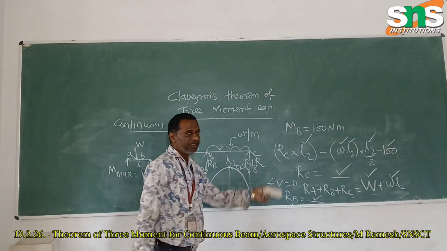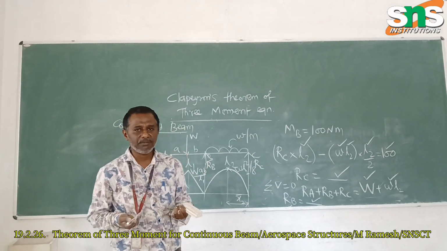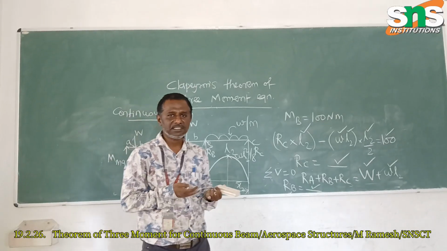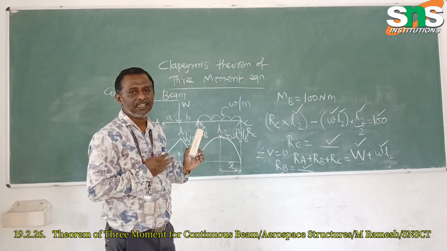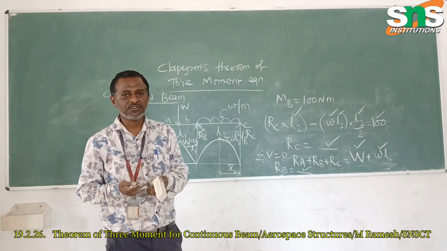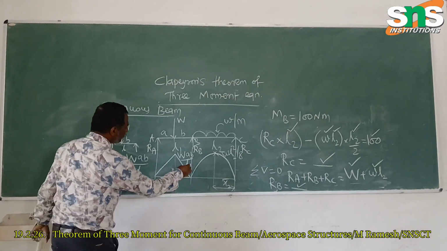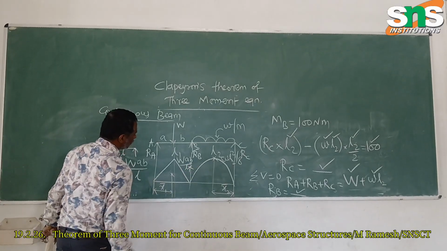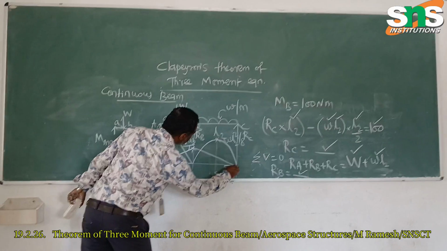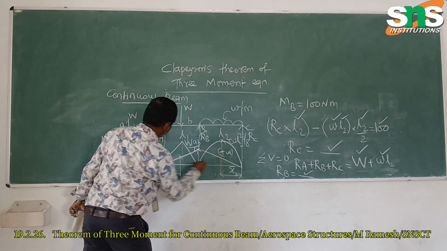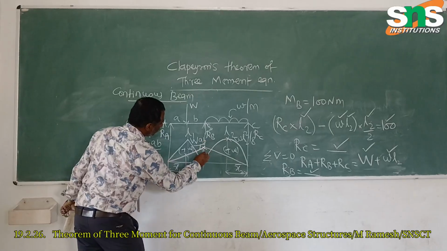After finding this, we can find the shear force values at each and every point by using the sign convention. That is, left up is positive, right down is negative. From the reference point, you can take and draw the shear force diagram. And one more thing, after finding the value at the point itself, you have to modify it, and then we join the values. So this is positive, that is also positive, but MB is negative.